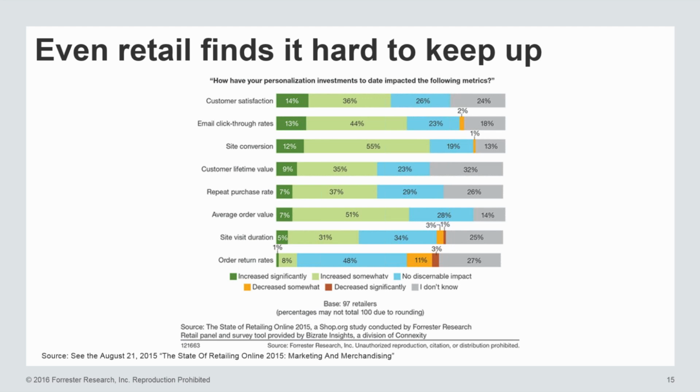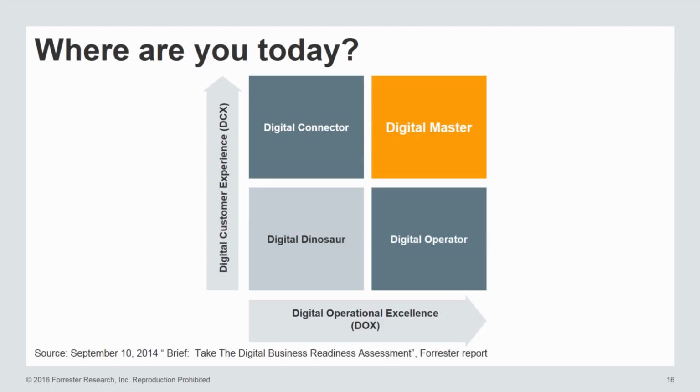There are ways to think about a more simple, rational way to improve our business, and that's twofold. It's digital customer experience as one leading indicator, and digital operational excellence as the other. We've mapped those out here on the Y and the X axis on this 2x2. If you think about splitting your capabilities and your progress into those two buckets, you can quickly see that if you're doing neither well today, you are a dinosaur, ripe for extinction.